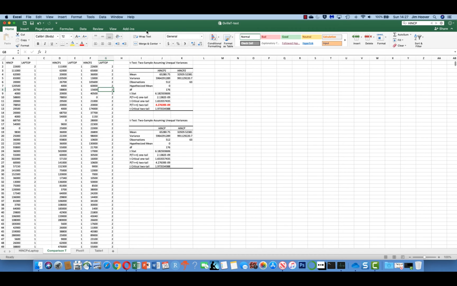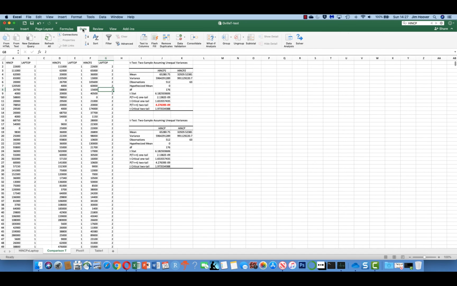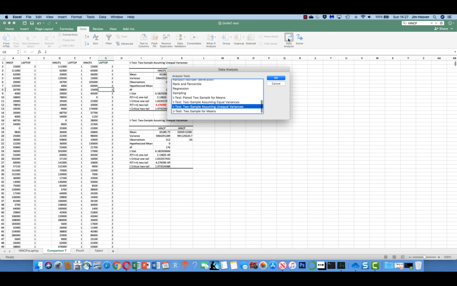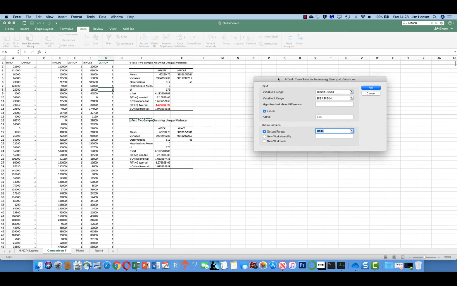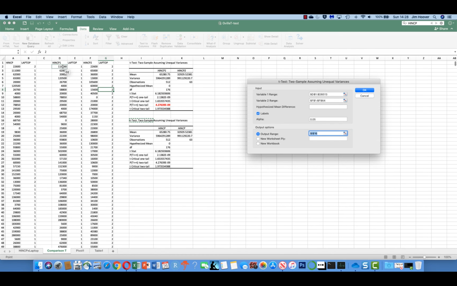Then in the Mac version of Excel, to do the t-test, you go to this data analysis tool right here, and you'll see all of these selections. You want to go to the t-test two sample assuming unequal variance. Click OK. Then I selected this range here for the variable range up here. I selected this range by